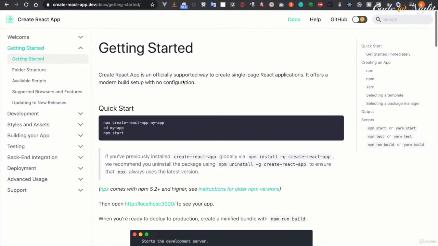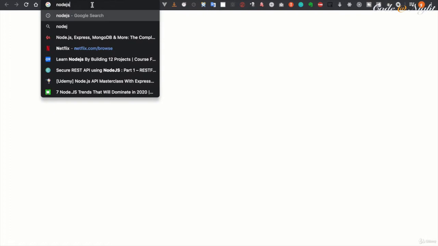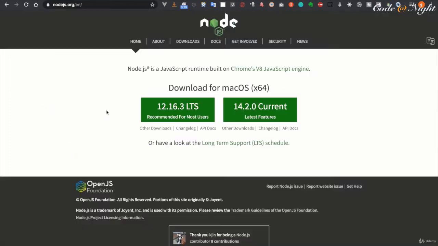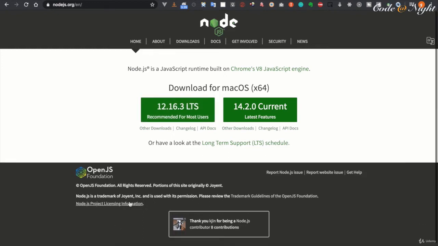To create a React app, we have to install the package using npm, and to use npm, we need to install Node.js. To use npm, we have to install Node.js, and we can download this, and then we just double click on it and then install,